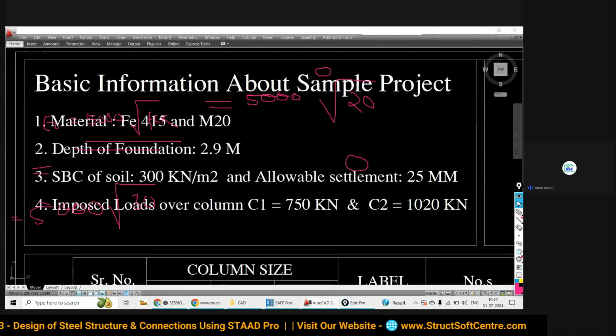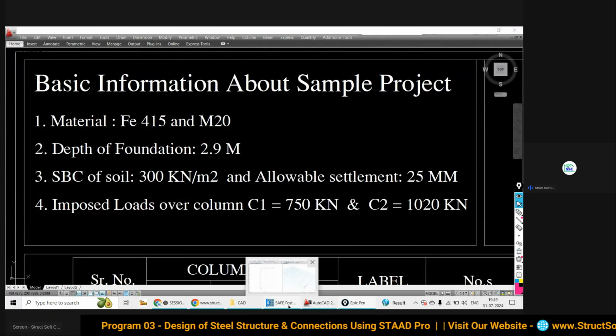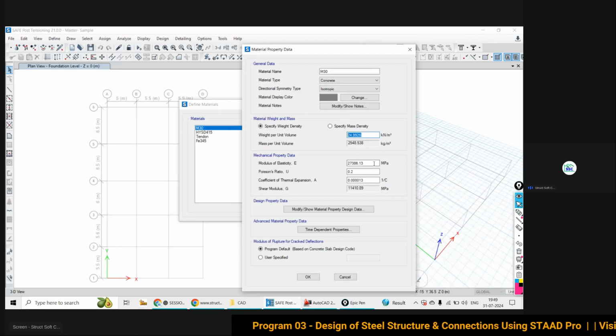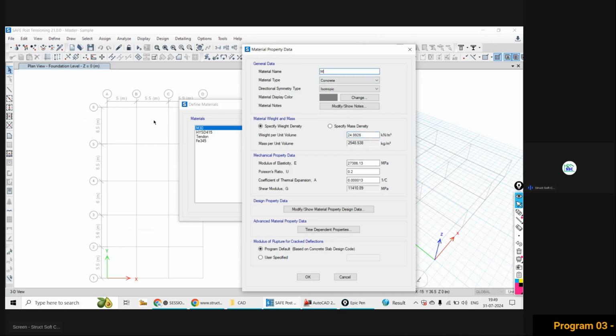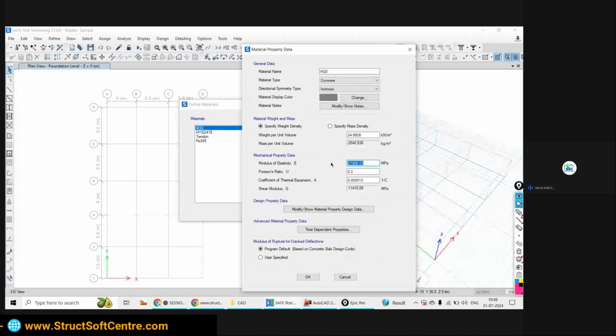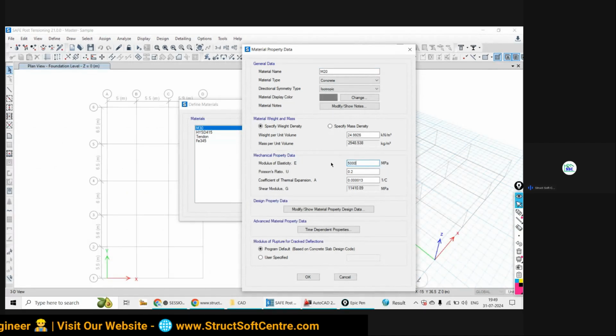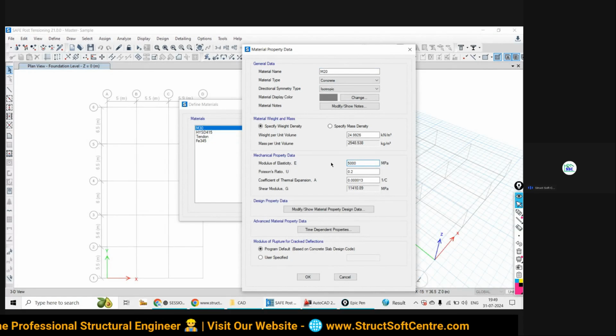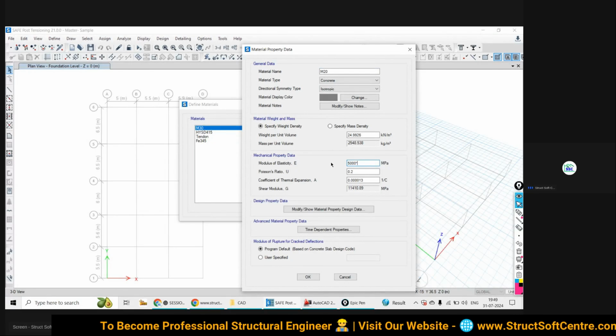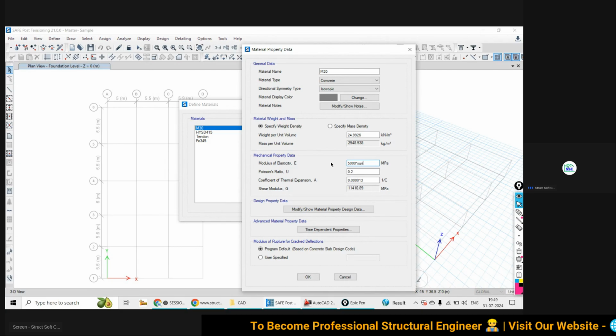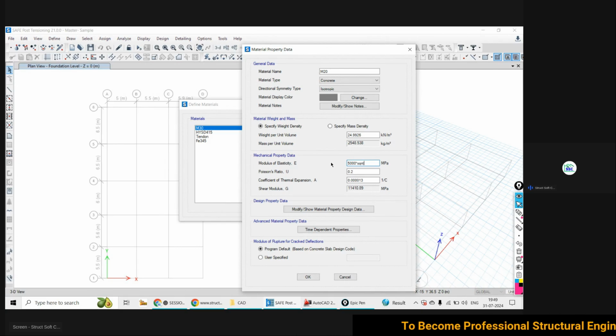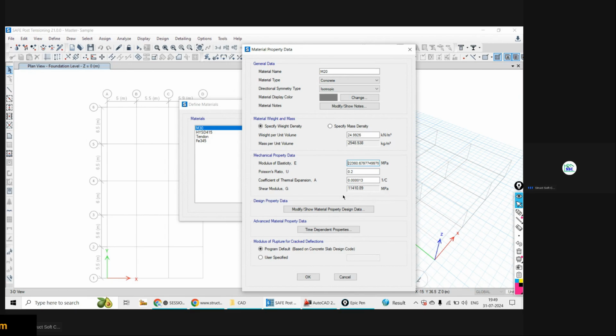Those who are going to write it, writing it. But you don't need to worry about doing the calculation separately. Firstly, let me correct the name to M20. See what to do: write 5000, shift star means multiplication, sqrt inside bracket 20, close the bracket, then enter. Is it right or wrong? 22360.67. Yes.